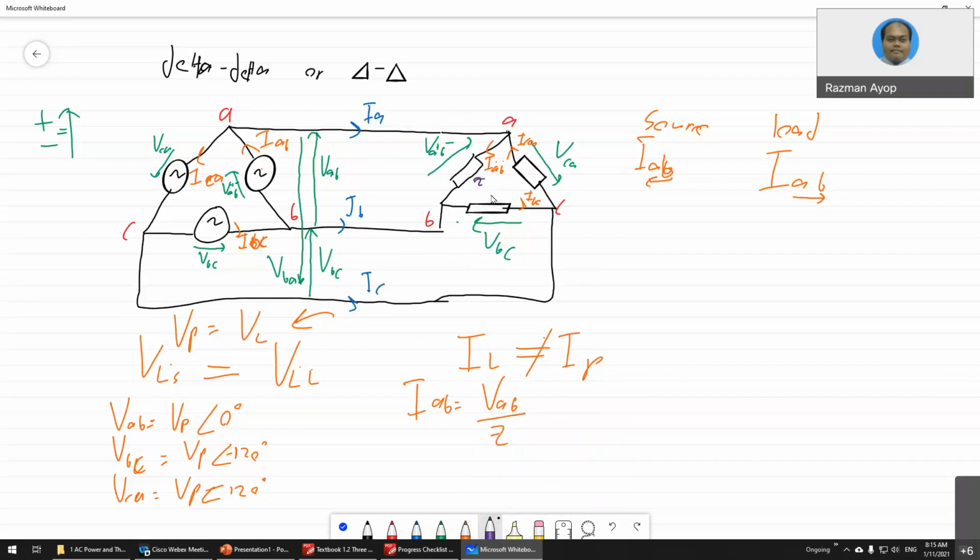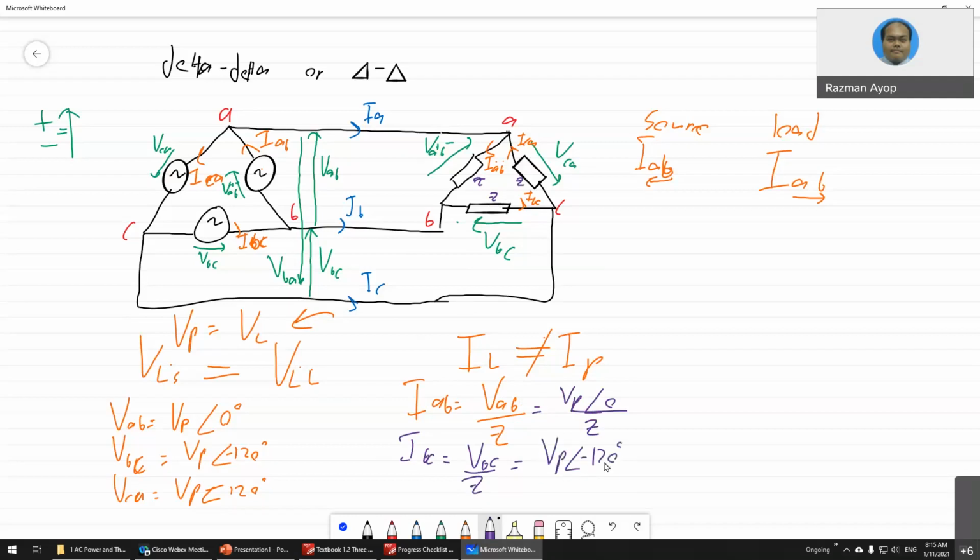This one is Z, this one is Z, this one is Z. So basically all the loads are the same. So VP angle 0 divided by Z,